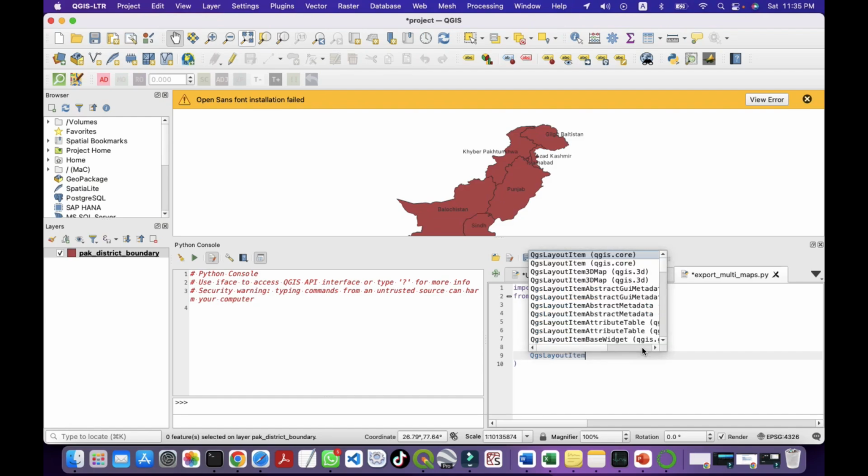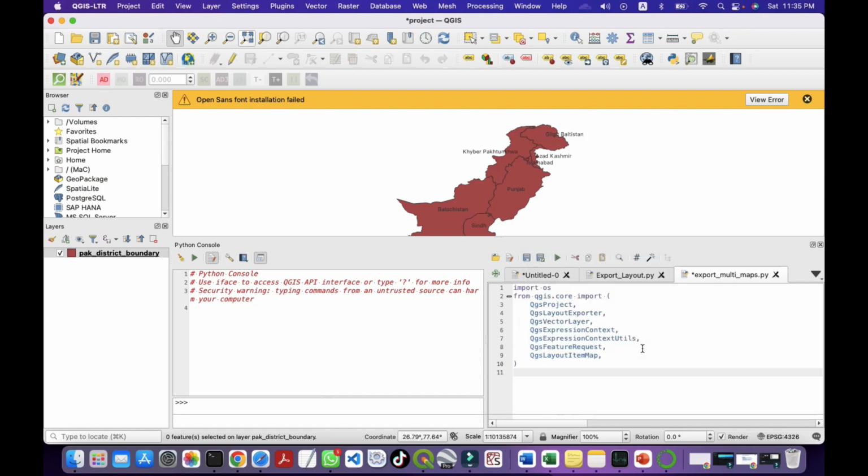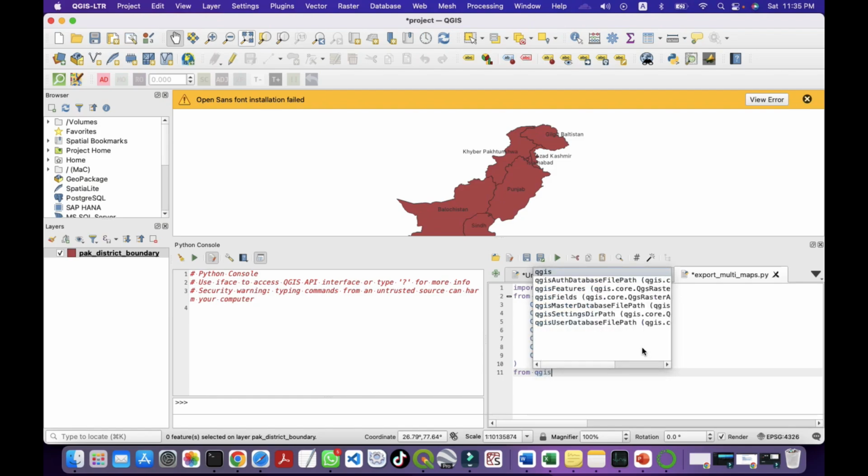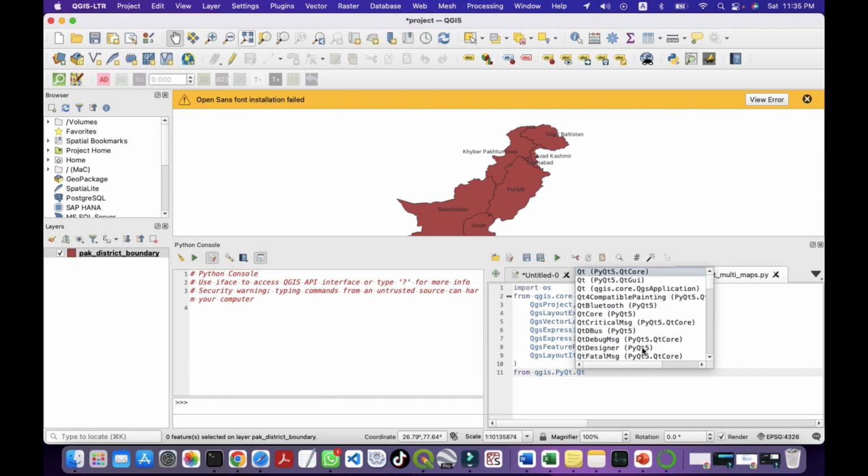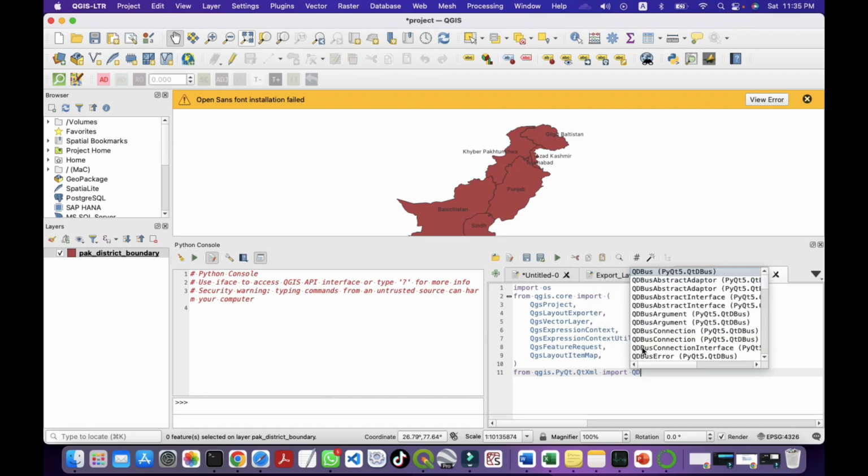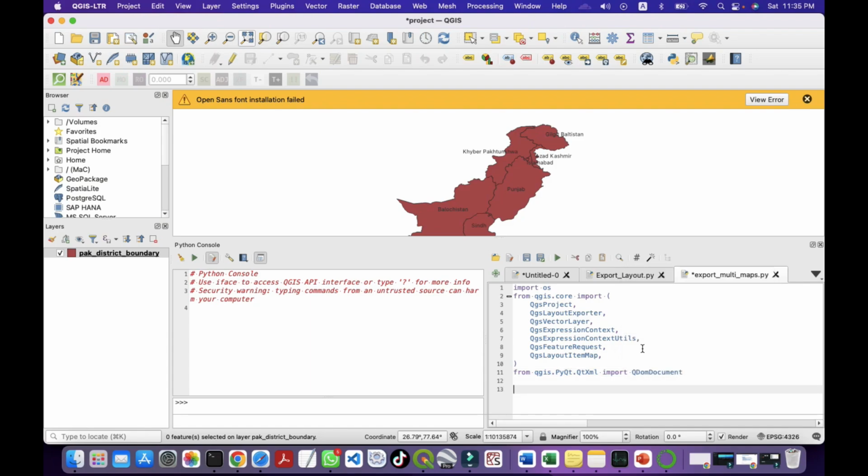And now the third one is from qgis.PyQt.QtXml import QDomDocument. Okay, now next we define the paths for our QGIS project and the folder where we want to save